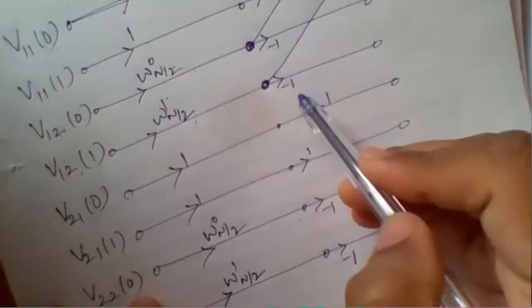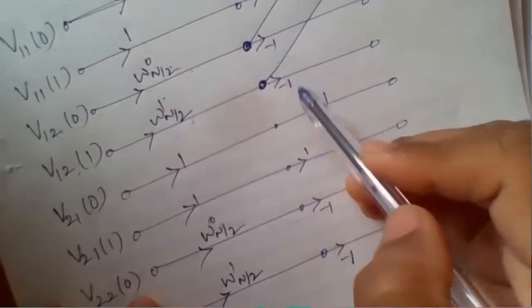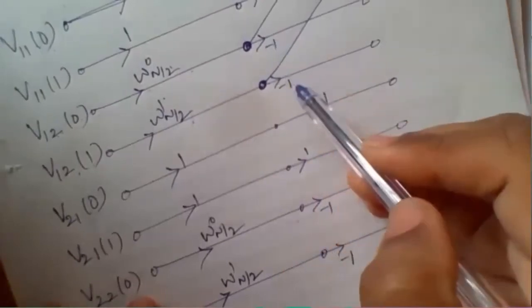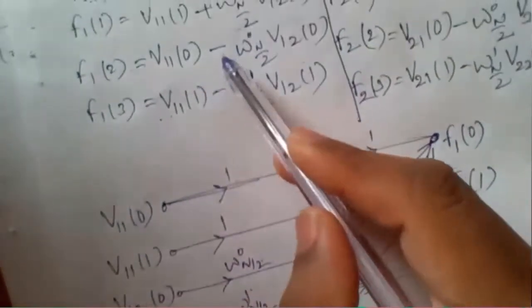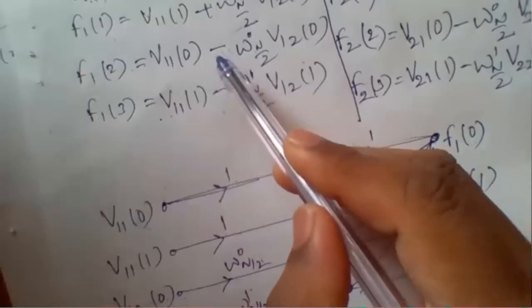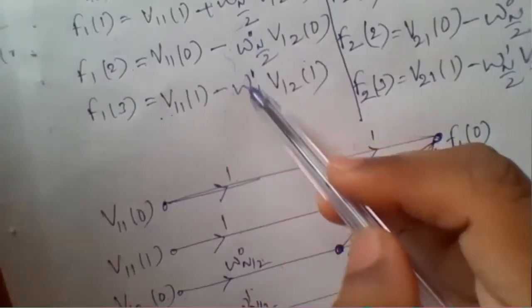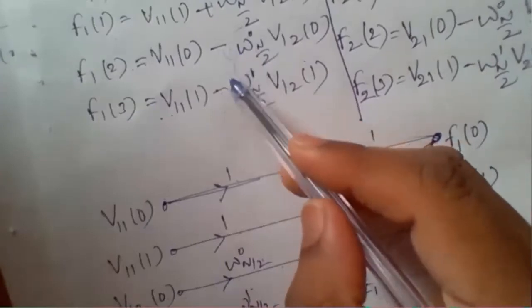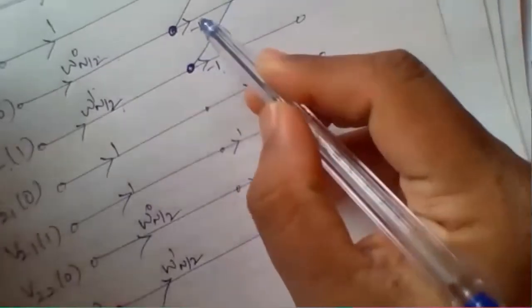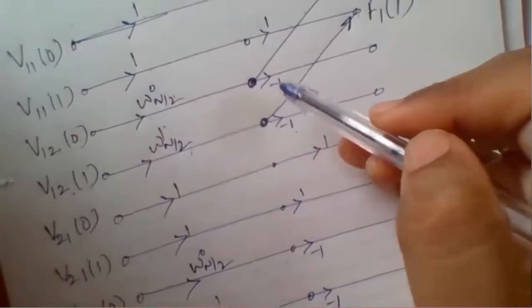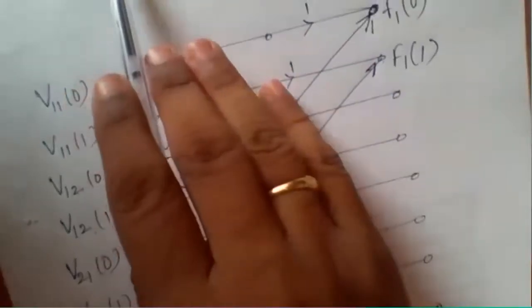Now what is the significance of writing -1 here? This -1 represents the sign changes in the third and fourth equations. Whatever minus w raised to 0 and minus w raised to 1 we have in the third and fourth equations, in order to represent them on the signal flow graph, we have already written -1 on these horizontal branches. So now we need to simply connect the relevant signals.